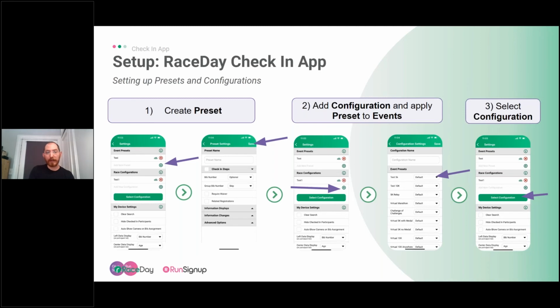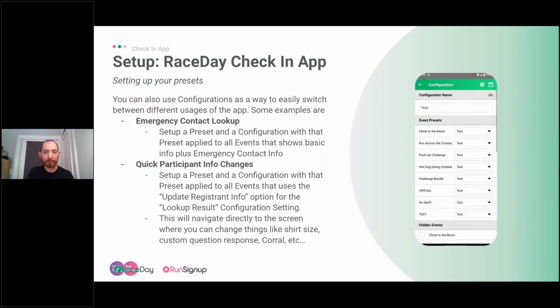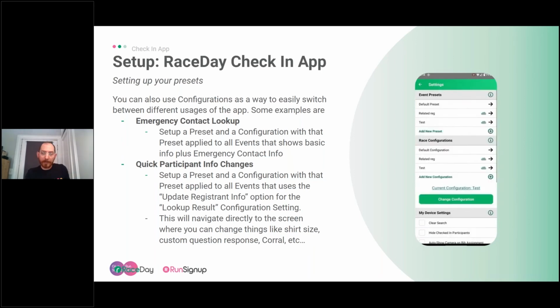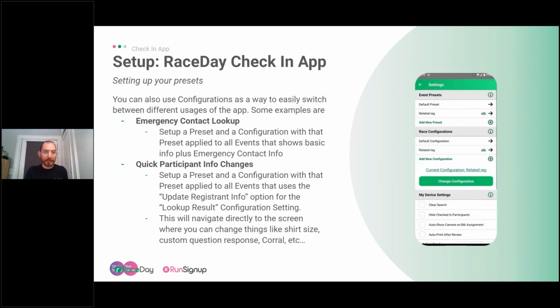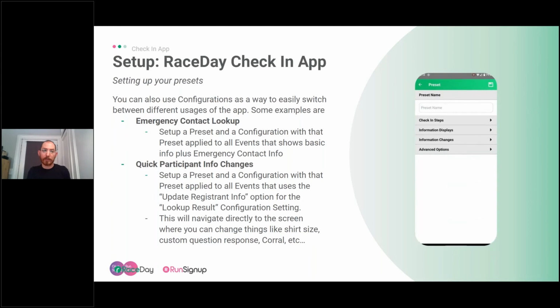So this is the basic process for using presets and configurations. Another use case for configurations is that you can use them as a way to switch between different usages